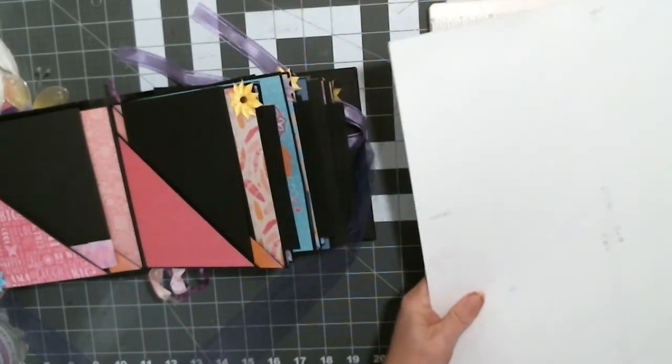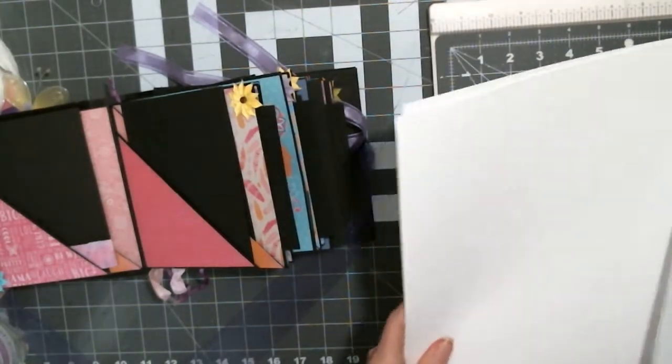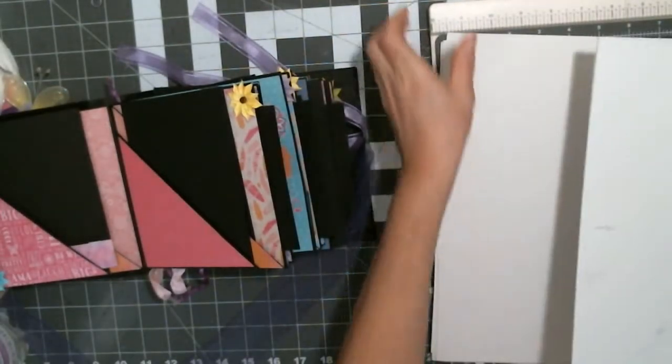So what we need is our designs that we're going to have, and then you're going to need 10 pages of 12 by 12 paper. So